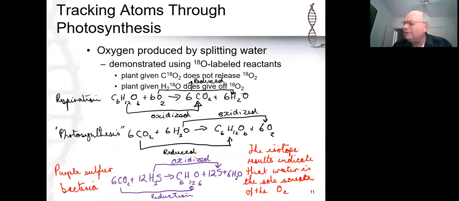And what Van Niel concluded from this is that, if this is a parallel to photosynthesis, and the H2S is serving the role in what the purple sulfur bacteria are doing as water is serving in photosynthesis, then the oxygen that's being produced by photosynthesis ought to be coming from water. And this chemical equation is incorrect. The problem was that Van Niel couldn't demonstrate it. But in using the oxygen 18 isotope, people could chemically show that what Van Niel had been thinking was absolutely correct. The way that you get around this problem of not having enough water molecules is simply to double the